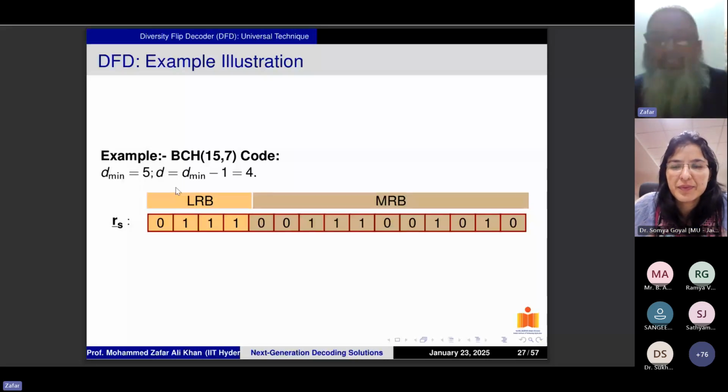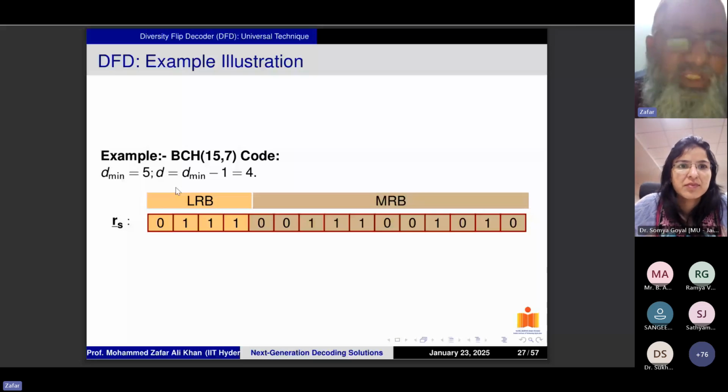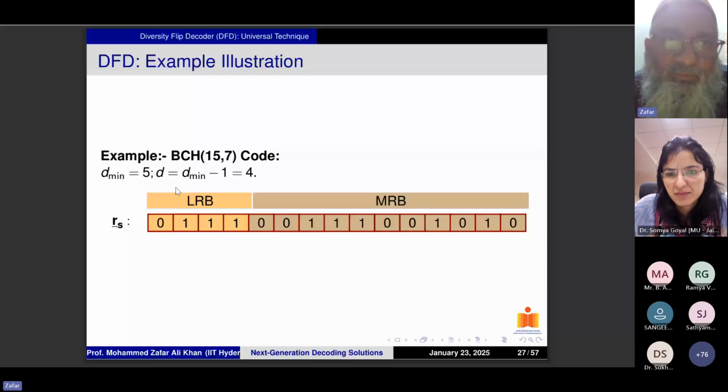So there are two algebraic decoders. The order of complexity is n power 3. So for a 15/7 BCH code, your decoding complexity would be 15 power 3. That is, come on, you can say at least this much. 15 power 3. 10 power 3 is,